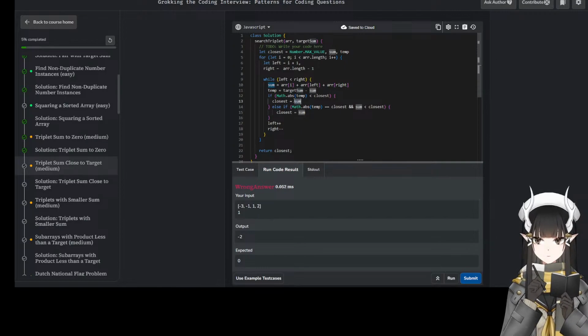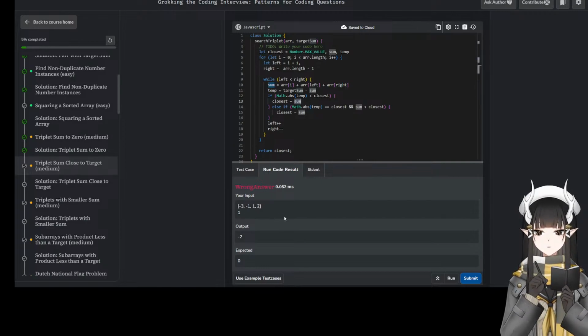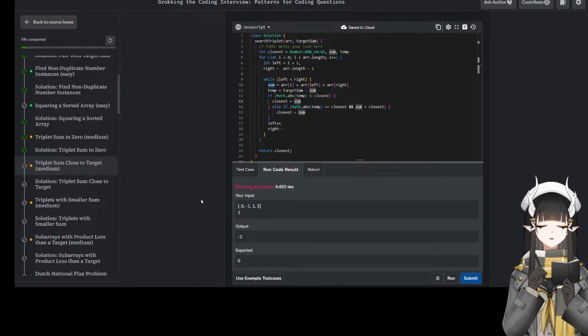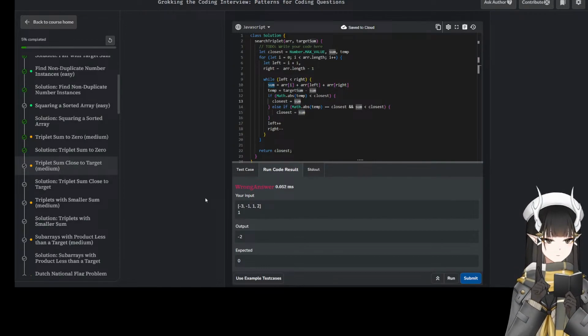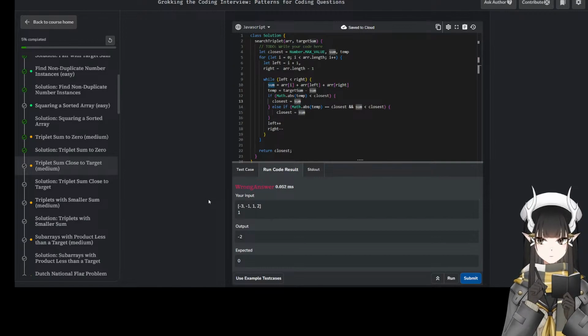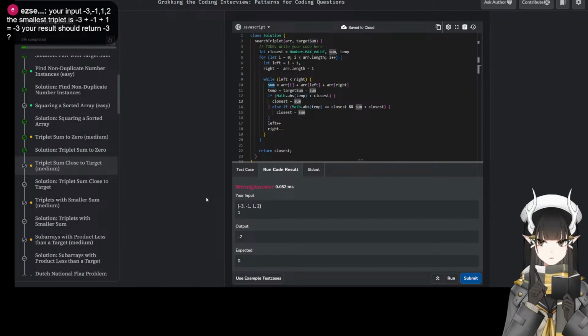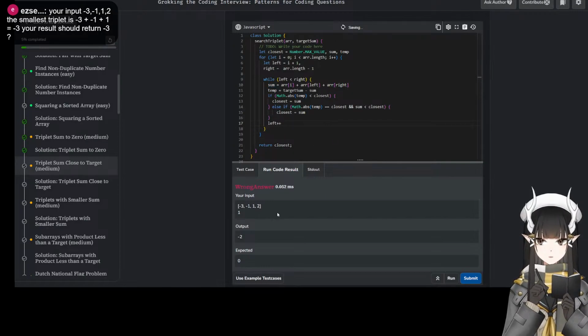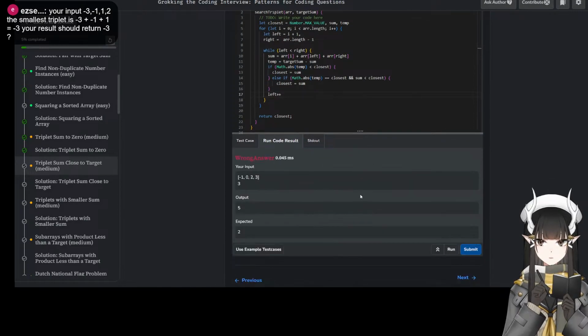So closest is now -2, and then we move next. Oh, there's no move next. No minus, just plus. Run.